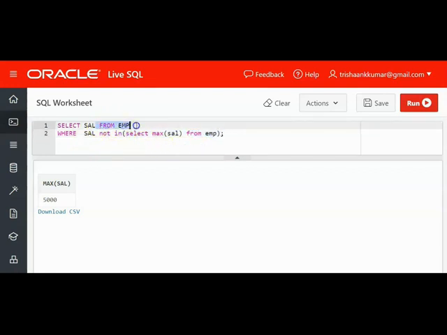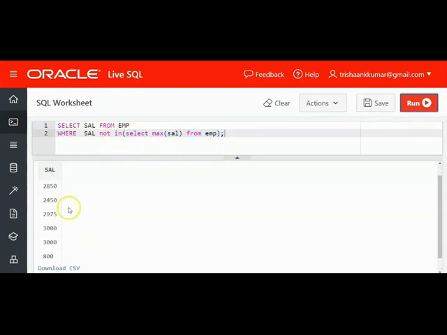We are displaying the salary values excluding the maximum salary. Not in means exclude this and then display. Now what have we displayed? We have displayed 6 rows, that is, after excluding 5,000 we have displayed the result set. Now if you apply the maximum function after excluding the first highest salary, obviously the second highest salary will be 3000.